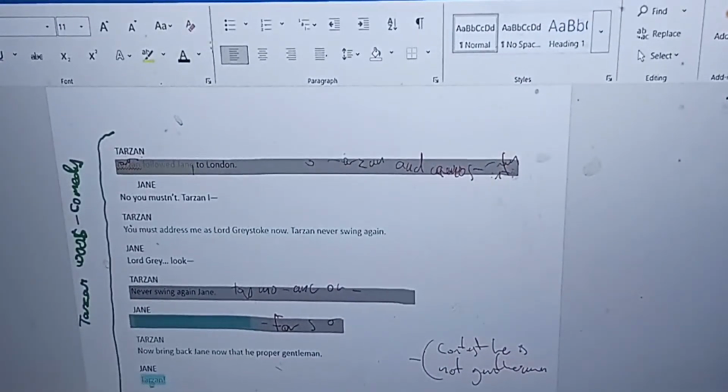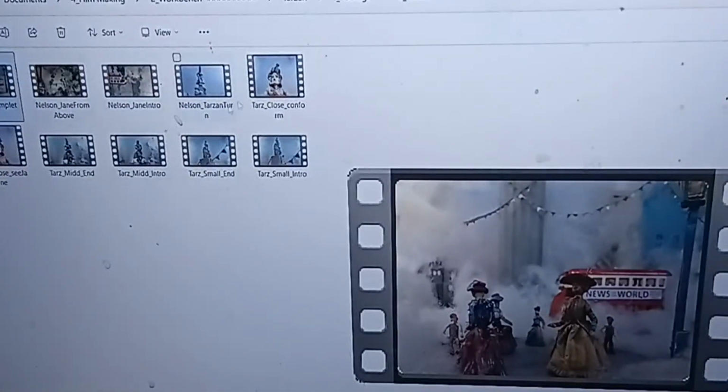So if anyone wants to comment, feel free to comment. I'm always looking for a bit of tips and stuff. I'm currently looking at, for this one here, if I can find it, where are we? Here we go. So we have our different bits we've already done so far. Animated scenes we've already done. And I am going to look for, in our Tarzan folder,